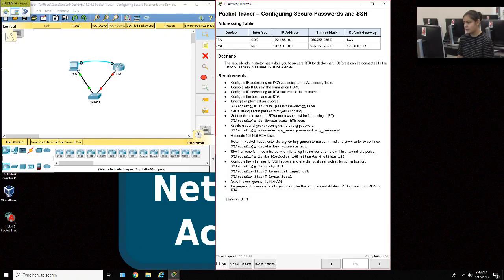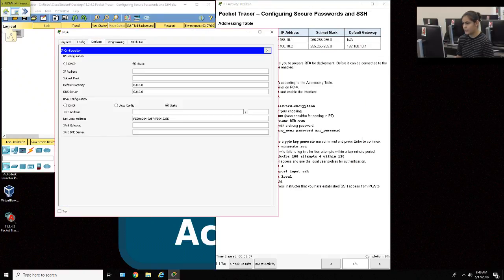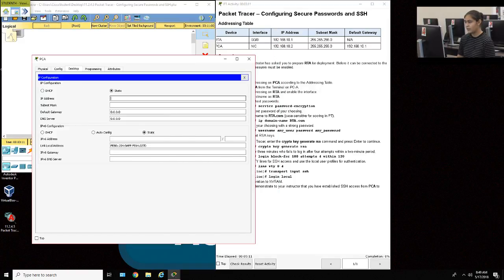The first requirement is to configure the IP addressing on the PCA, which is the computer icon in the actual packet tracer. So you're just going to click that, and then go to Desktop and IP Configuration. In some of the labs, you're not going to be given the IP address, but here it's the second one listed in the addressing table. So we're going to put in the IP address